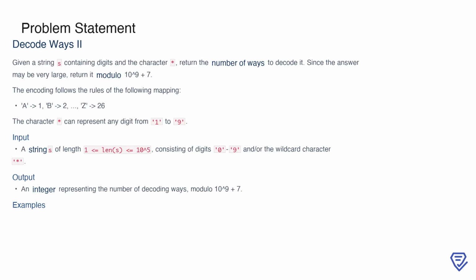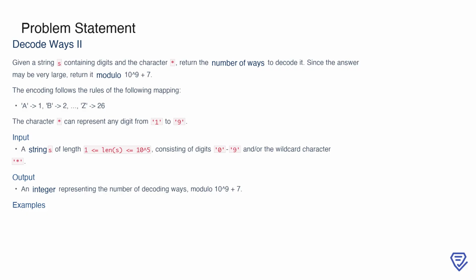In this problem, you are tasked with decoding a string S that contains digits and the wildcard character asterisk. The goal is to determine the total number of ways to decode this string into letters based on a mapping where A corresponds to 1, B corresponds to 2, and so on, up to Z, which corresponds to 26. The wildcard character asterisk adds complexity because it can represent any digit from 1 to 9, giving rise to multiple